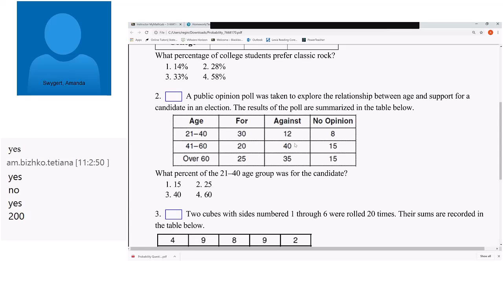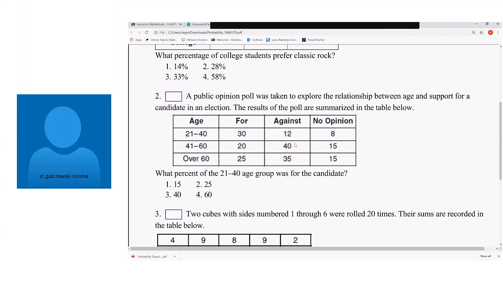So now what if we just said, what is the percentage of people that were for the candidate? So out of 200, how many said they were for? So now we need to figure that out. So we have 75. Good. Okay. So then it would be 75 people were for the candidate out of the 200 people total that were surveyed, right? So now if I want to change that to a percentage, 75 divided by 200. 38%. Yeah, so it'd be about 38%. We could even say, because this one's pretty nice, like 37.5%, right?